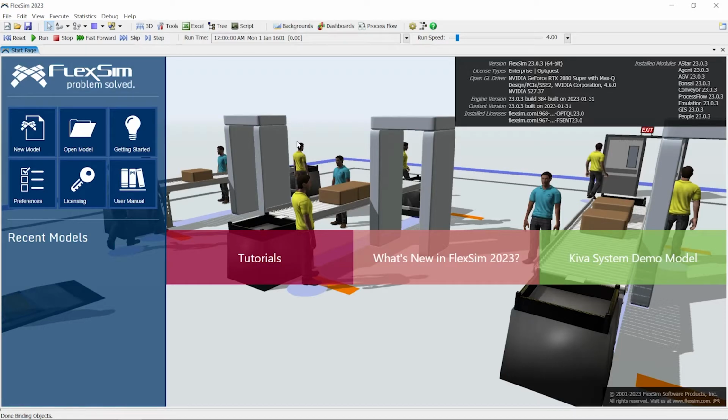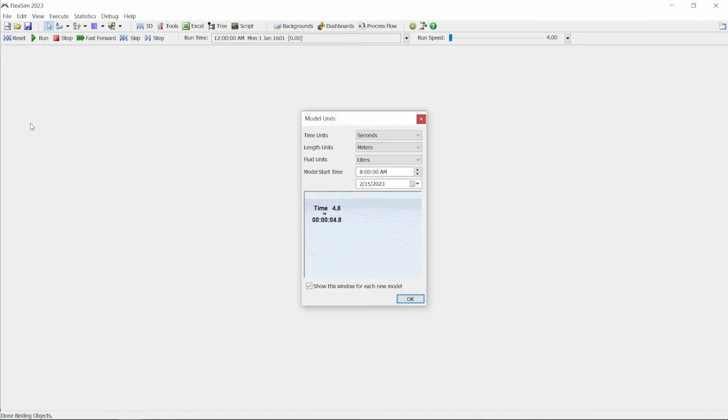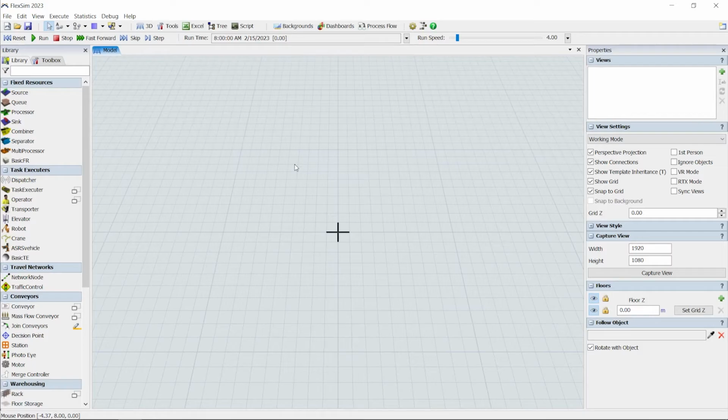From the Start page, create a new model and you'll see a pop-up where you can set the model units. Let's use the defaults. The middle pane is the model view, where you will lay out the digital model of your system to scale and entirely in 3 dimensions. To the left is the 3D object library, which has many reusable pre-configured components that you can use for fast